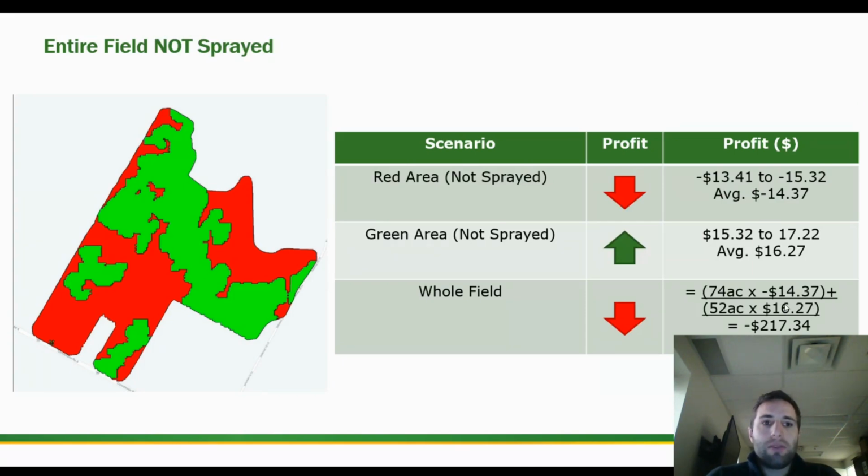Now, what if the entire field was not sprayed? What if we decided that? Well, in that red area where we selectively sprayed, in this scenario, we would not have sprayed it at all. And so we would have lost money in those regions. And so the yield boost that we would have lost is worth basically a bushel of beans, $14.37. In those green areas that were not sprayed in the original scenario, we actually would have still made money there, the $16.27. But on a whole field, due to those red areas being larger, 74 acres versus 52 acres, we're actually losing money in this scenario where we left a little bit of money on the table. So we would have had a negative loss of